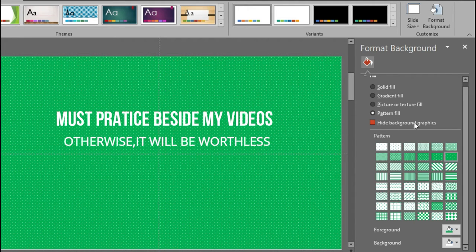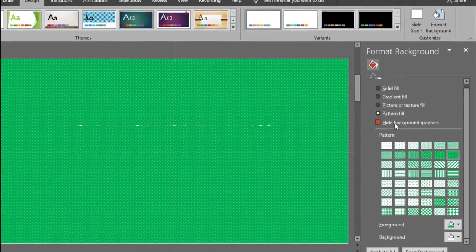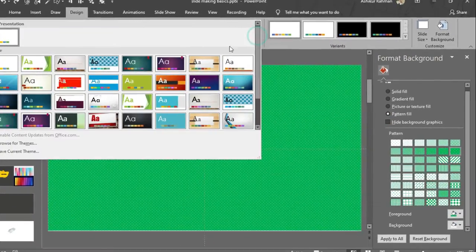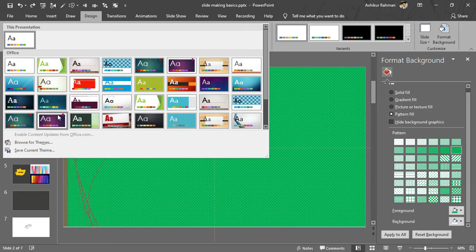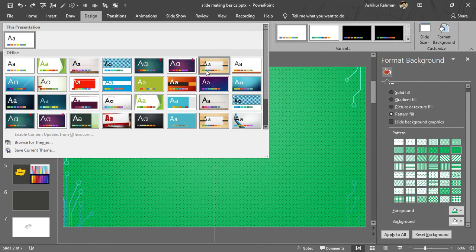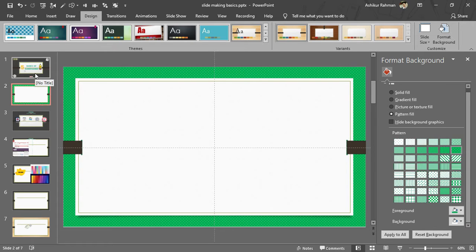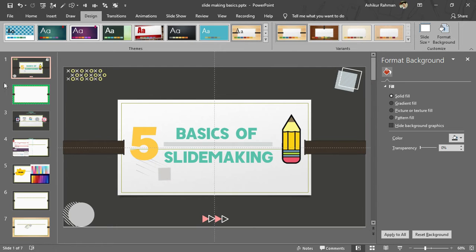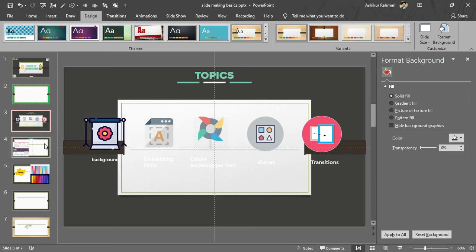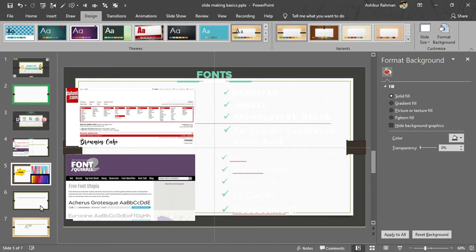Then let's see hide background graphics. To apply this you need some predefined templates. Let's choose this template. You can see this template is applied to every slide in our presentation.